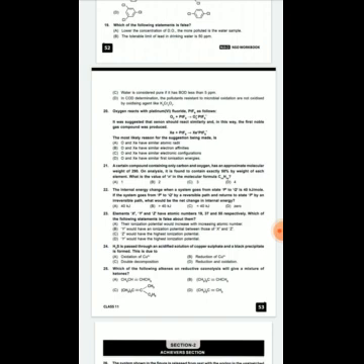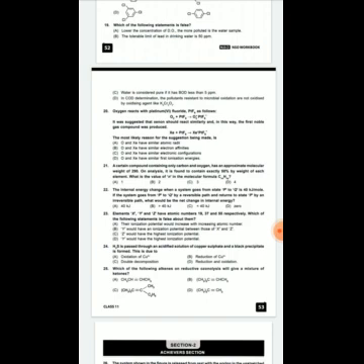Here the options are: equal to 40 kJ, more than 40 kJ, less than 40 kJ, or no energy change. So option D will be zero. As we know, P to Q is 40 kJ per mole. The system goes from P to Q by a reversible path; Q to P will be minus 40 kJ per mole, since internal energy is a state function. So the option will be D: zero net change in internal energy.